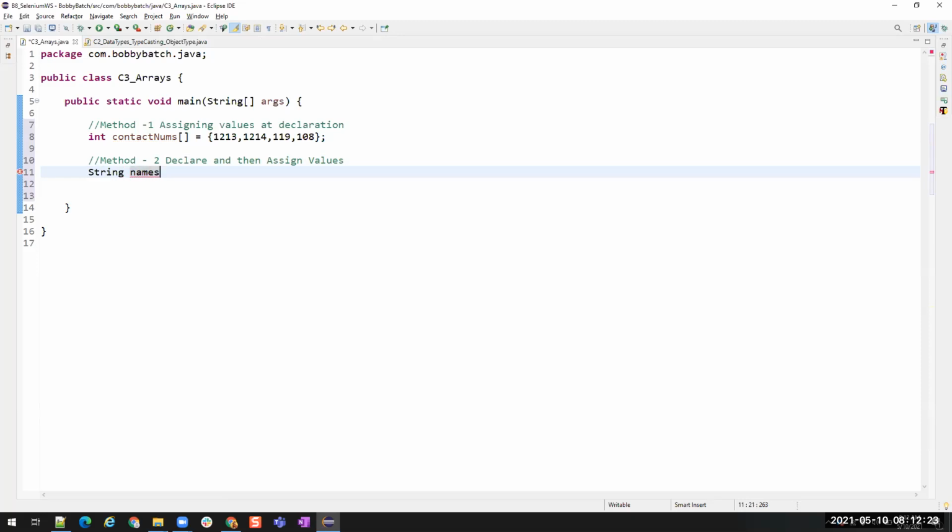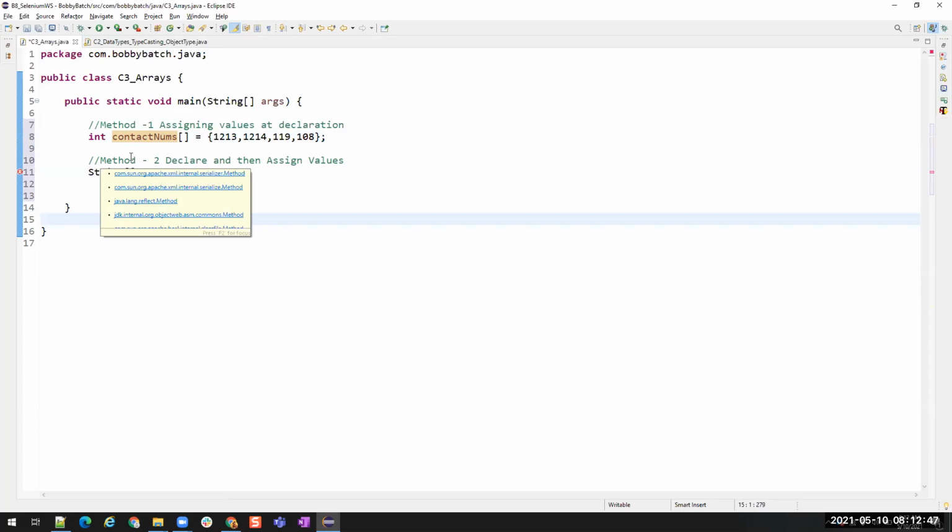To convert it to an array, we can use the brackets here, and it is not at all a problem. For integers also, I can use the brackets after the variable name or after the data type. You can use either here or here. It is still the same.